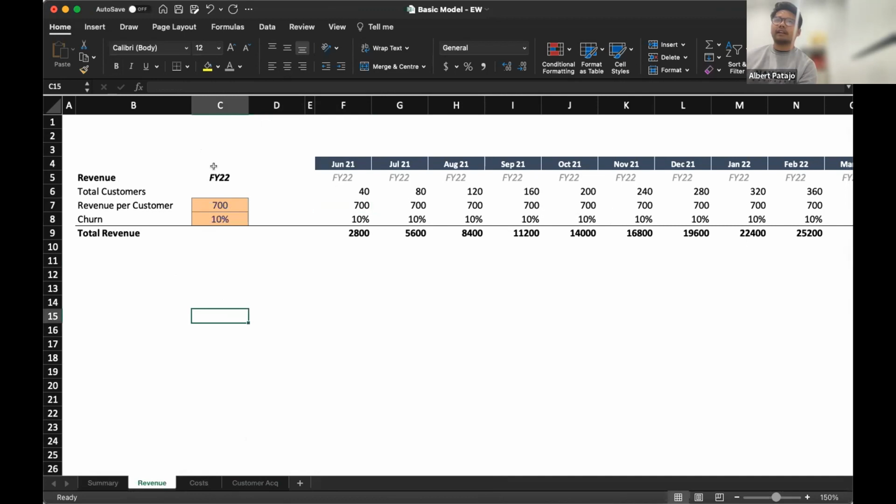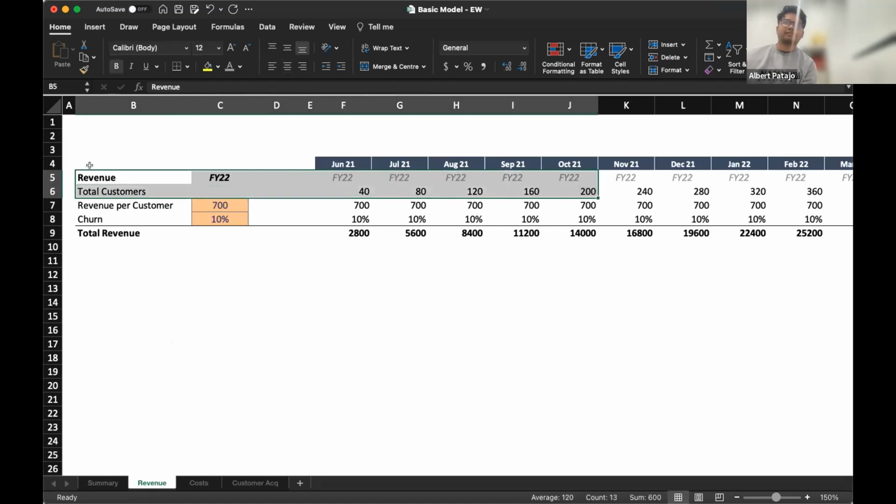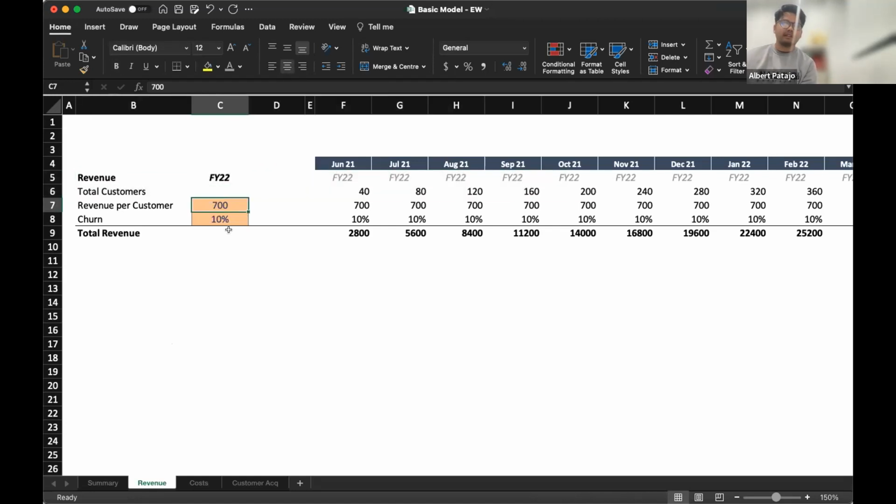And this is very basic, but you can start to segment this. If you've got enterprise customers, maybe they're bringing in more money. If you've got SMB customers, maybe they're bringing in less money per month. And so you basically replicate this for enterprise, and maybe they're doing $10,000 a month, and then you can replicate it as well for SMB. And maybe they're doing $500 a month. So then you can start to get more granular with your financial model, in the same way that you can get really granular with any kind of detailing as you start to segment out.